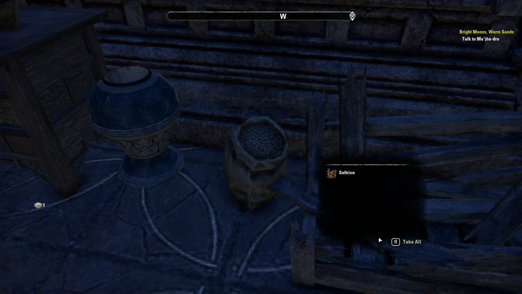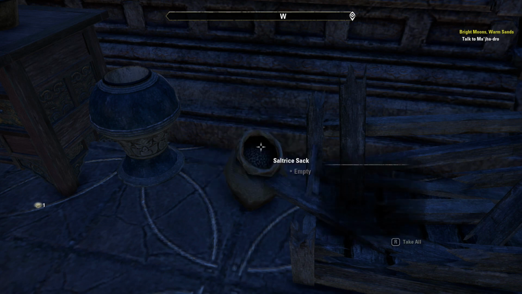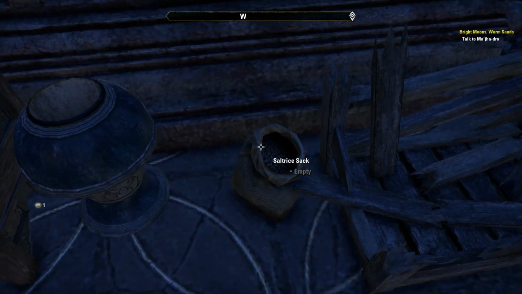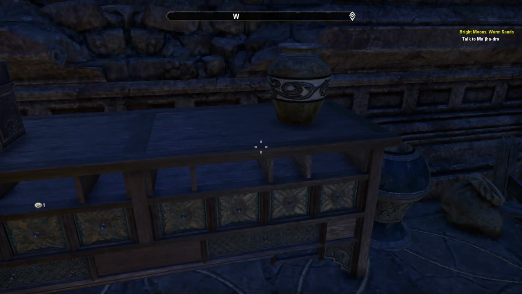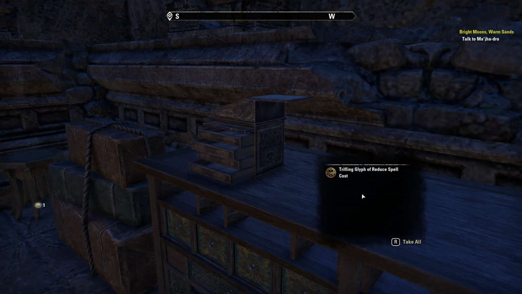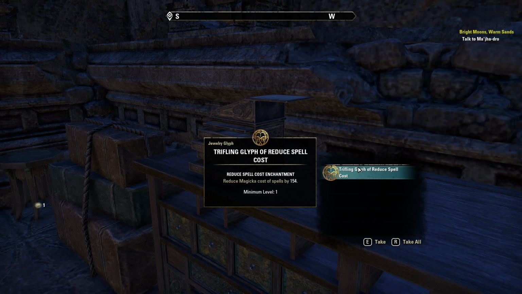Saltrice, an ingredient for crafting food. Sure, let's take it. Oh, I like that. I used to have to get the mod. That's one of the mods you've heard me talk about. How I used to play it back in the day, or play Oblivion and Morrowind, and always put the mod in there that went around collecting resources or opening crates and stuff. It would leave the doors open, or